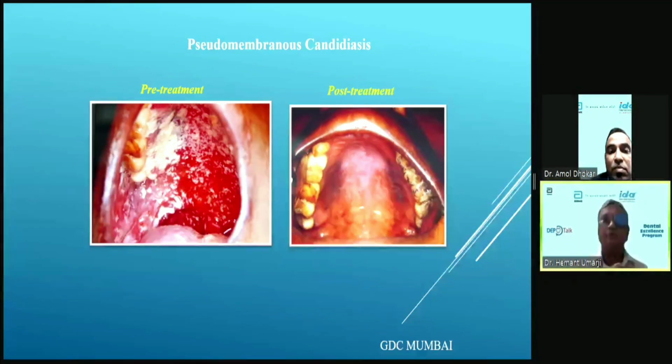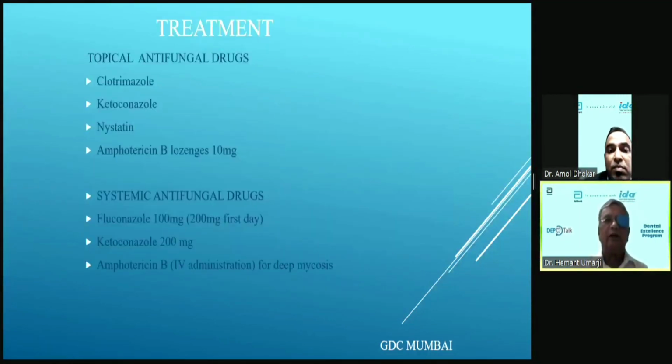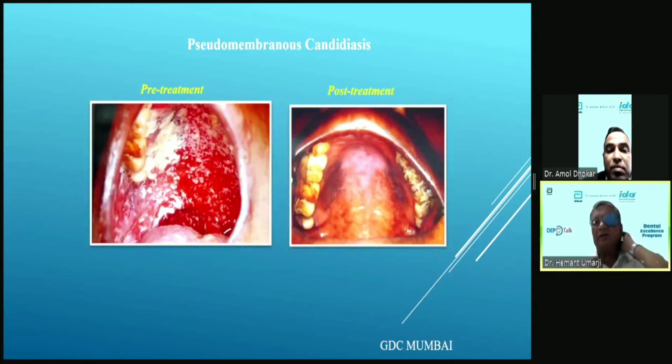So we treated the patient with fluconazole 100 milligram. On the first day we give 2 tablets, one in the morning and one in the night. And for the next 5 days we give one tablet only. Like that we give for 5 days or 10 days. After 10 days, the patient improved like this. So it is a very effective drug, fluconazole or ketoconazole 200 milligram; fluconazole 100 milligram or 150 is also available. So that is a good one. You can give Candid mouth paint also. But in such a severe condition, mouth paint alone is not enough; it has to be systemic.